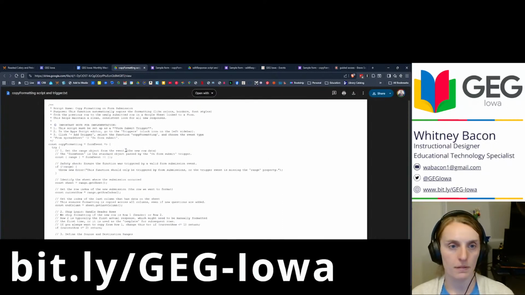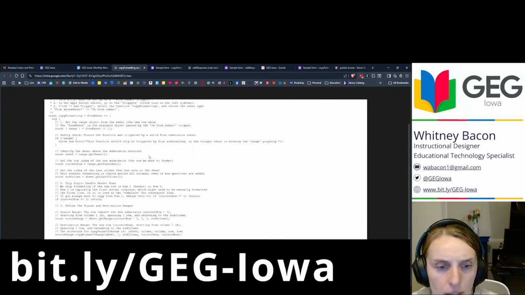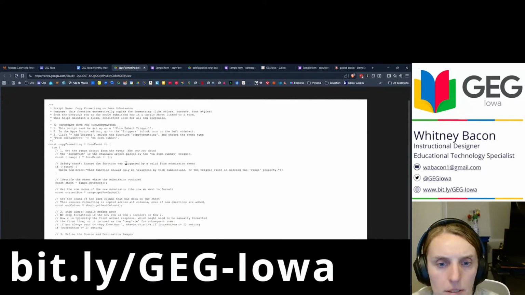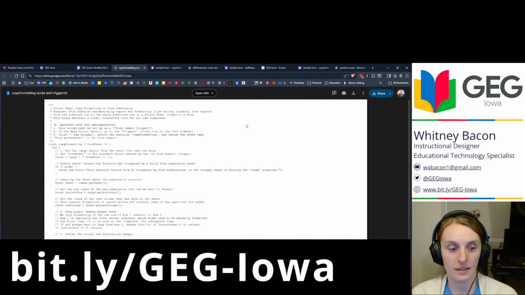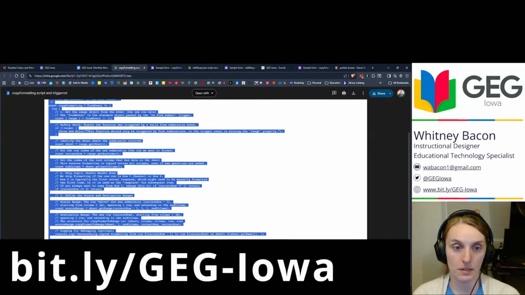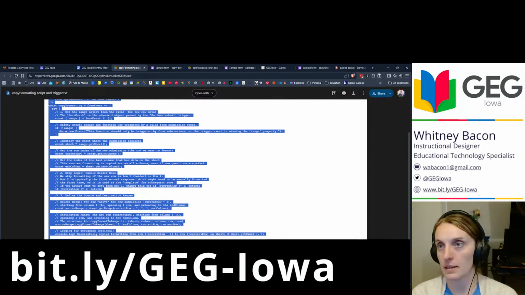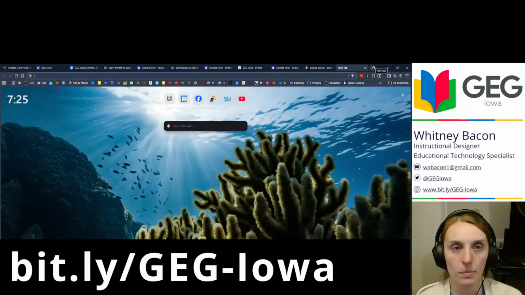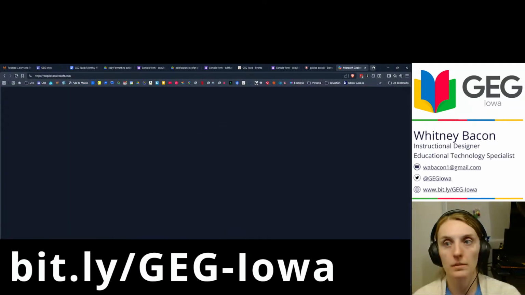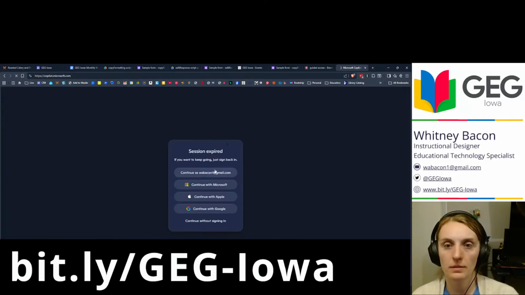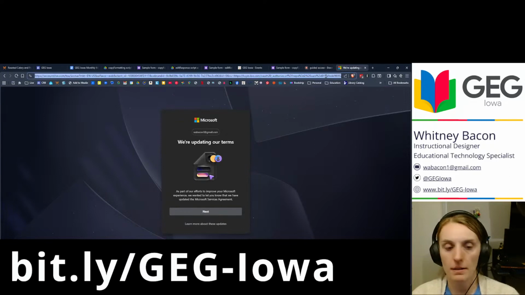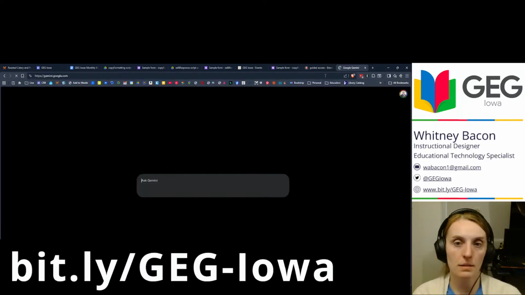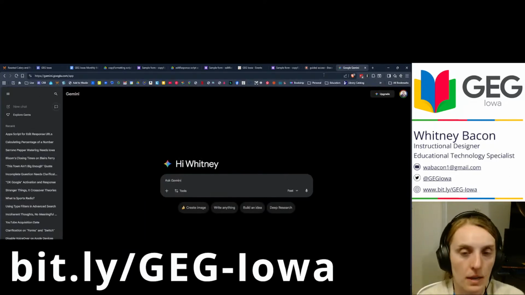And if for whatever reason the sample does not work, you can always copy this entire script. That's what I do often, into AI. So say I open Copilot. I guess it expired. Oh, I don't want to do this right now. Fine, let's just go to Gemini, since I'm already logged into Gemini. So I can say,